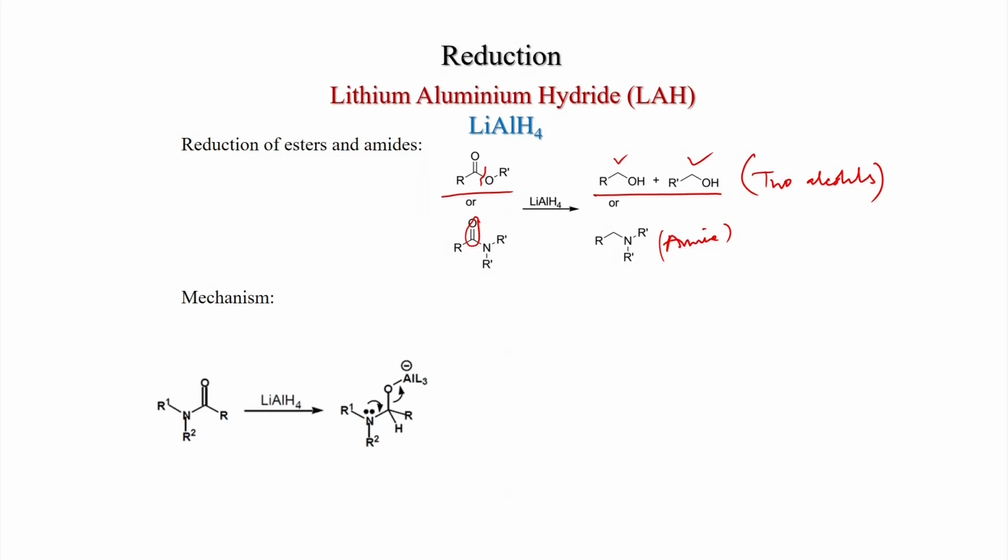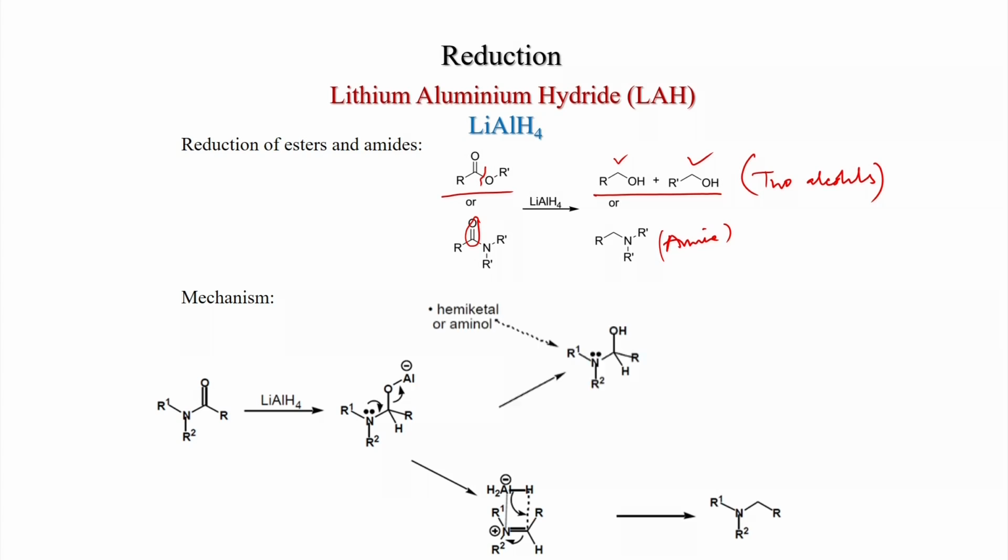What is the mechanism of this reaction? So, amide, first this carbonyl group gets reduced to generate the alkoxide, and now this alkoxide on elimination will generate an imine, and the imine will be activated again like a carbonyl compound. This aluminum will bind to the imine and hydride delivery at this carbon, the imine carbon, and you get ultimately the amine.